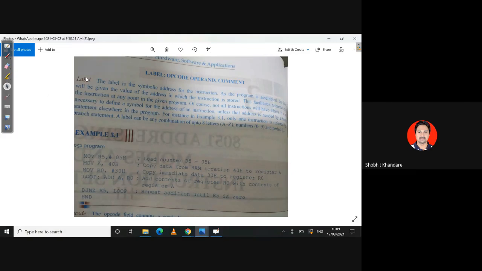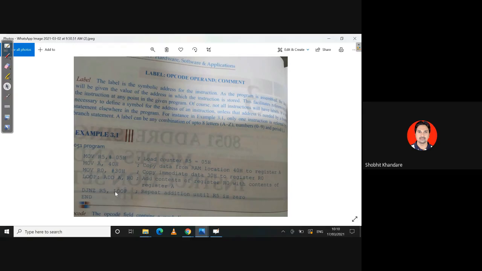One important thing about the label is that it will indirectly give you the address of where I have to go. Because if you see this instruction, it is DJNZ R5 comma loop. Until R5 becomes 0, I have to go to loop, and the address of this loop is already there. So I do not want to remember the address of this particular instruction, ADD A comma R0, because I have given that address by the label, and the name of the label is loop.